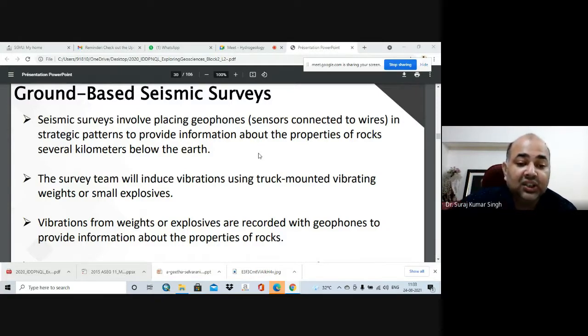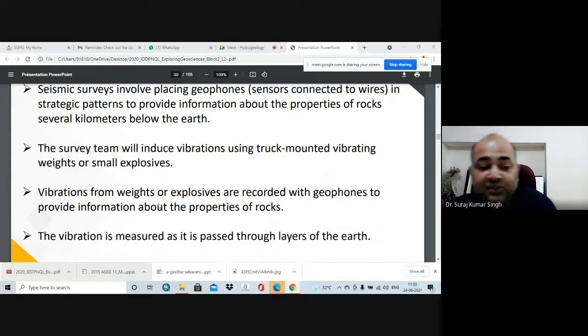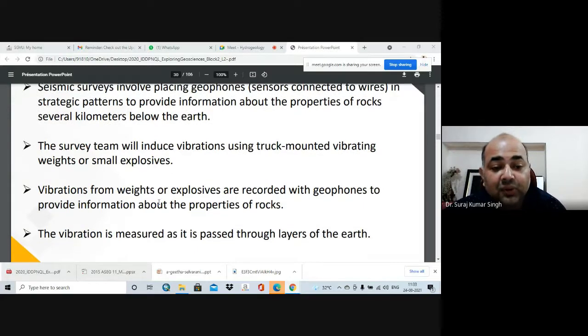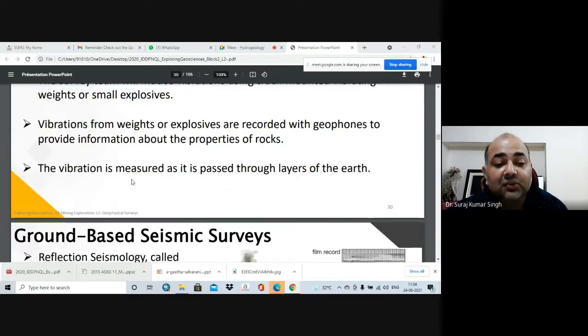So the survey team will induce vibrations using truck-mounted vibration weights, or small explosives will be used. Then the vibrations from the weights or the explosives are recorded with geophones to provide information about the properties of rock. So there are different surveying methods, and you have to have expertise so that you can measure the vibration that has passed through the layers. Then the reflected vibration is recorded into the instrumentation, and then we go to